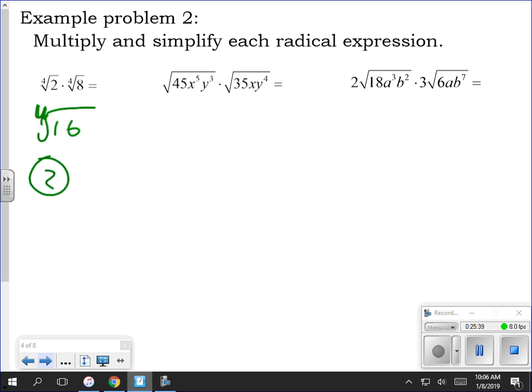What I can do is go, okay, 45 and 35. Let's see what I have. 45 is 9 times 5. Well, 9's a perfect square, right? That makes that nice. So for the square root of 45, I get 3 root 5, because I have the square root of each of these. But what about 35? Square root of 35. 7 and 5 are the only two numbers that multiply to give me 35. Square root of 5, square root of 7. Neither one of those are perfect squares. However,